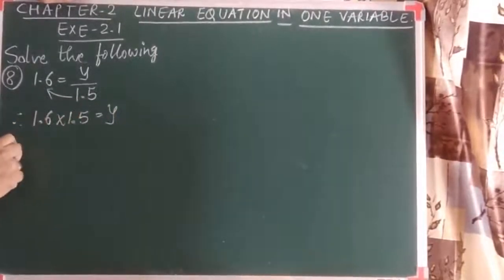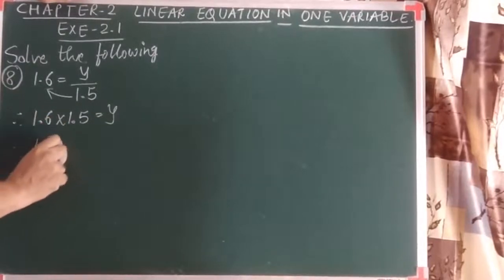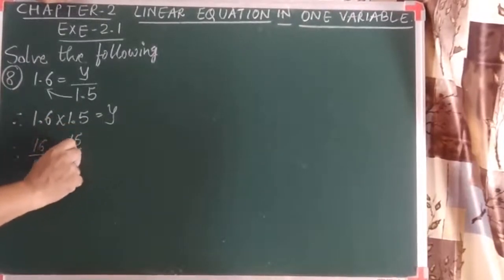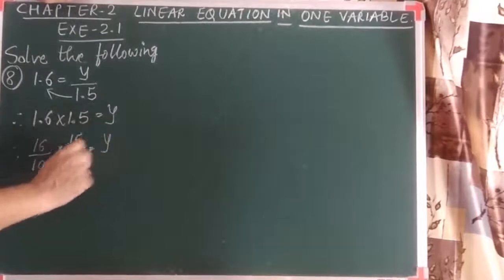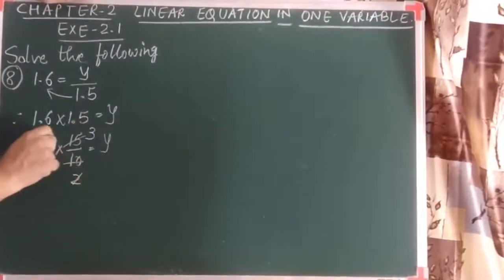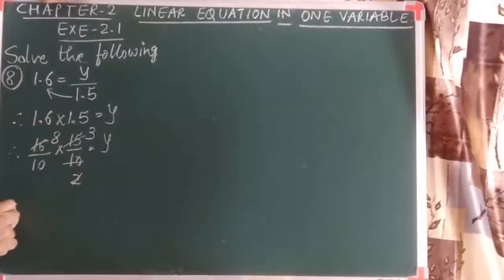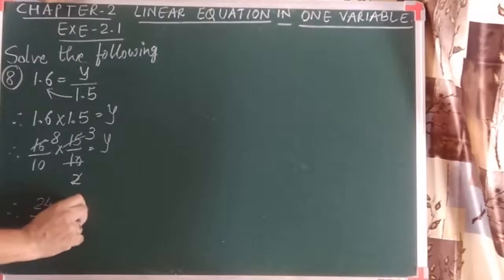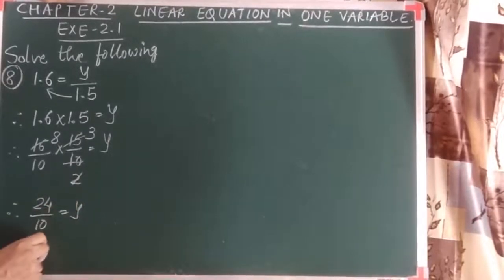Now convert this decimal into the fraction. आप नहीं करोगे तो भी चलेगा, but it makes sum quite easy. Let us divide this. 5 3s are 15, 5 2s are 10, and 2 8s are 16. So you can see that here in the numerator we obtain 24 by 10. So we know 24 by 10 is 2.4.